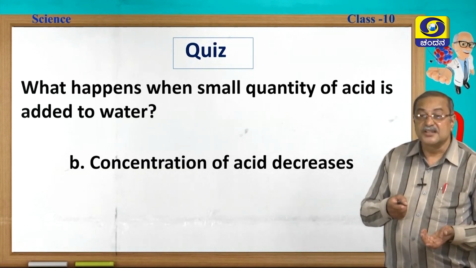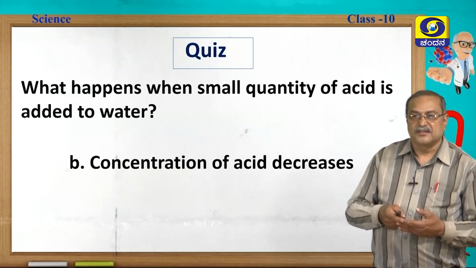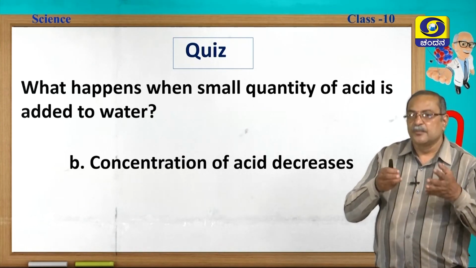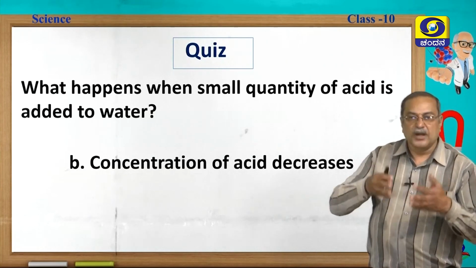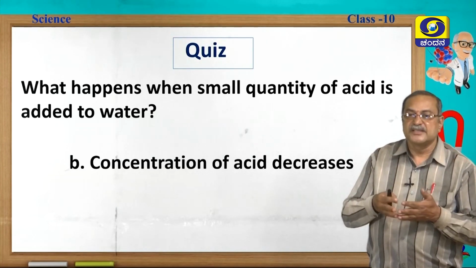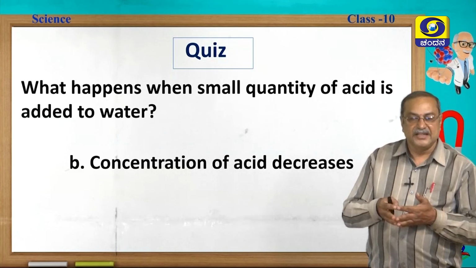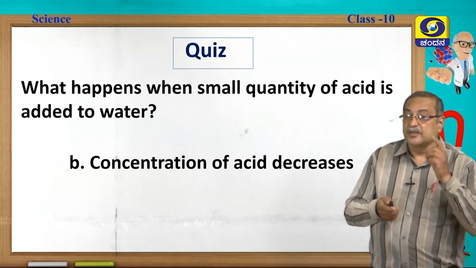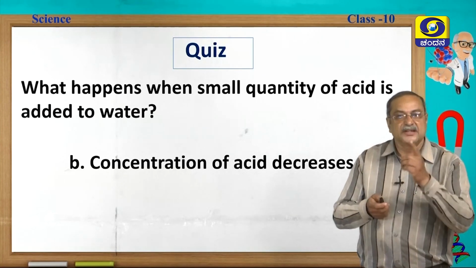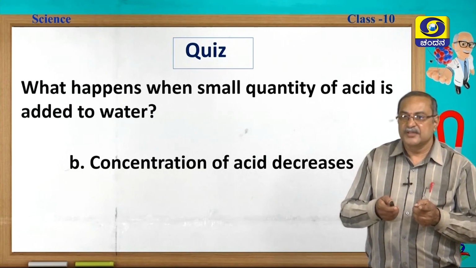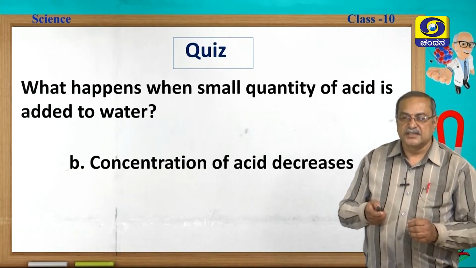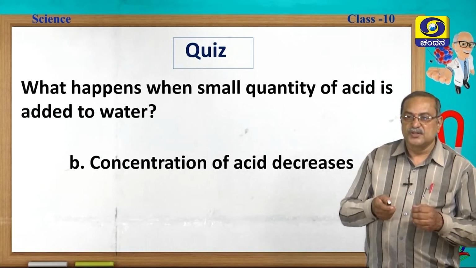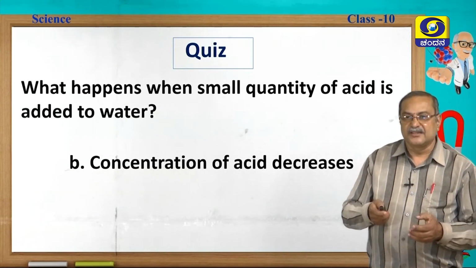Clear? Children, today we have learned a lot of things. We learned how acids and bases react in water and what is commonly present in acids and bases. We also learned about pH, how to find it out and what its effect is. I think you have understood this. Read thoroughly with the help of the textbook. Once again, go through it and learn well.